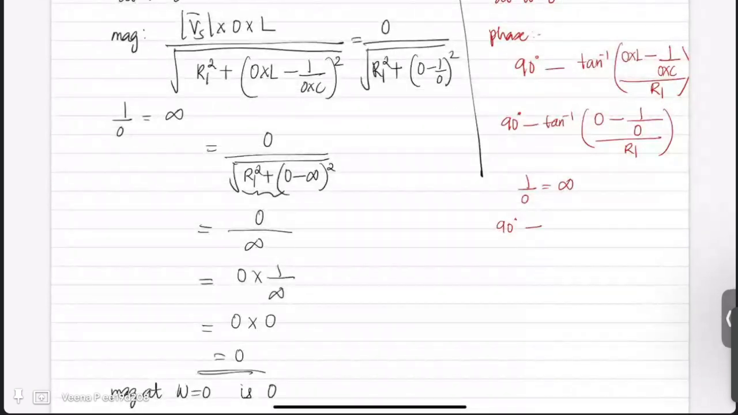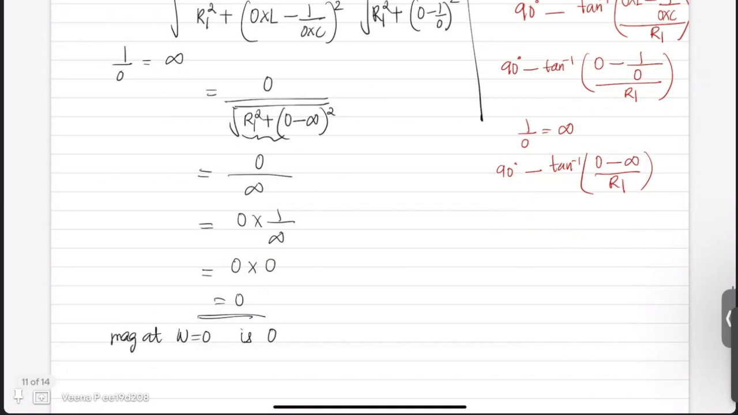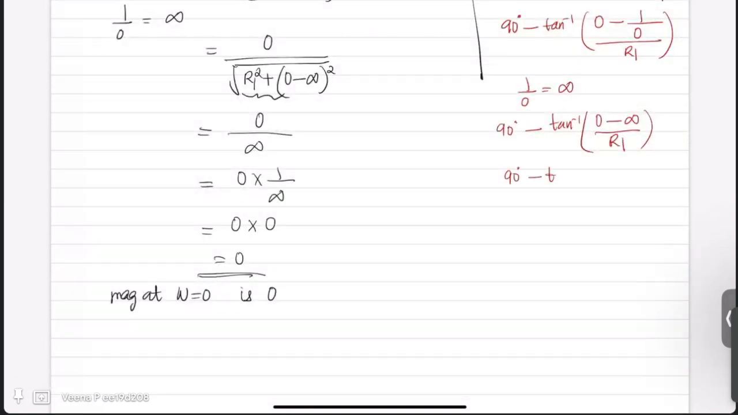So it is 90 degree minus tan inverse of 0 minus infinity by R1, or this is nothing but 90 degree minus tan inverse minus infinity, because R1 is very small when compared to infinity, so it doesn't matter if you divide it by R1 or multiply it by R1. Now if you draw the graph of tangent function tan theta with respect to theta,